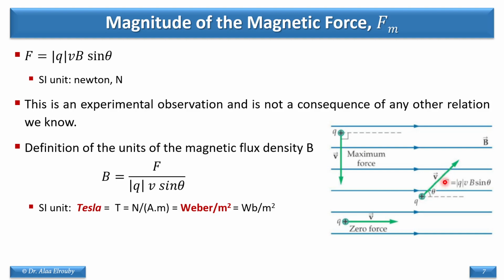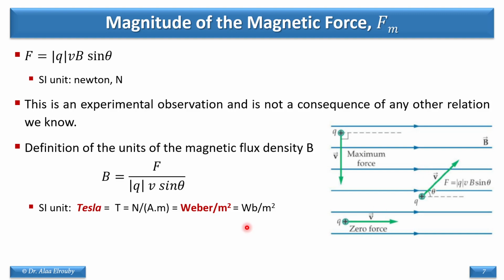So here we must use vector decomposition to find the component that is parallel to the magnetic field, and this will cause no force, and the component perpendicular to the magnetic field,